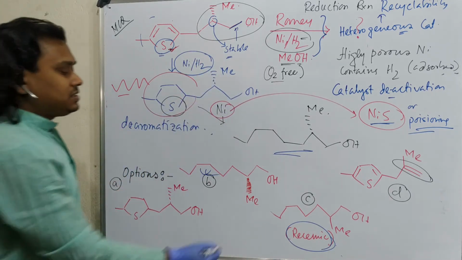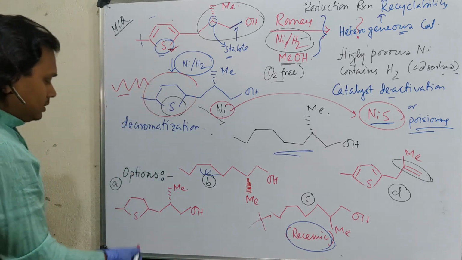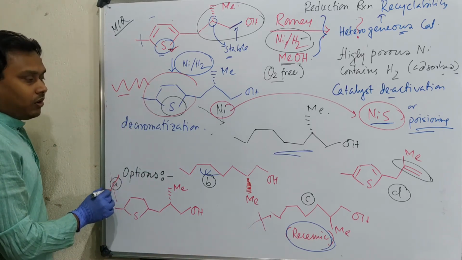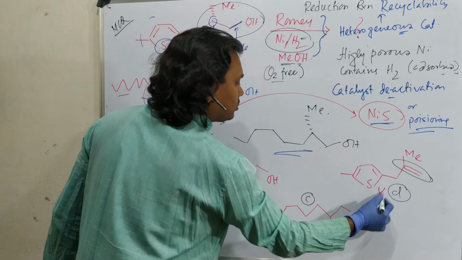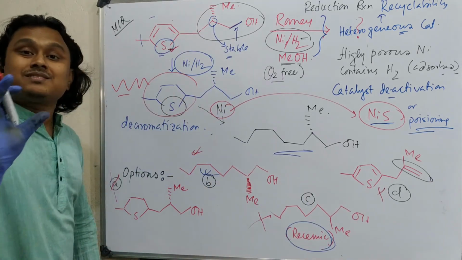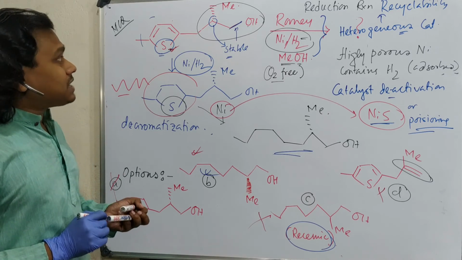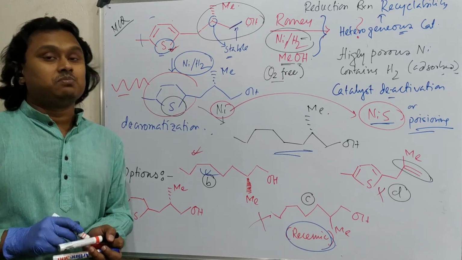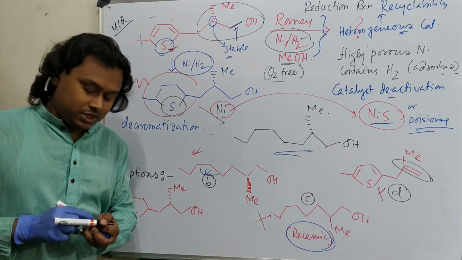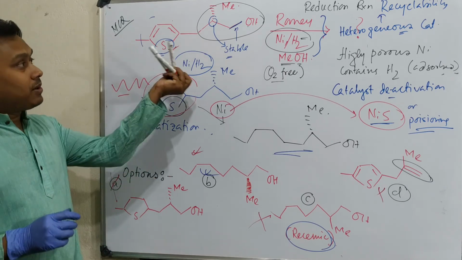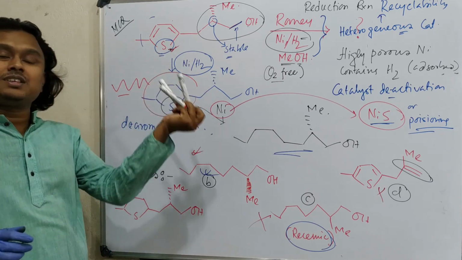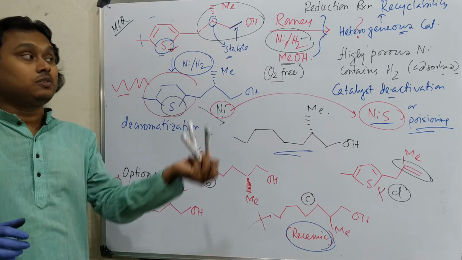So racemic not possible, gone. This sulfur one not possible, gone. Dehydration not possible, gone. Which one is left? This. So within less than 30 seconds you can answer the question. Okay, so this is, I believe, some knowledge, some common sense, a cool mind. You can solve the question. So what you have learned today is the property of Raney nickel for de-aromatization and sulfur removal, which results in